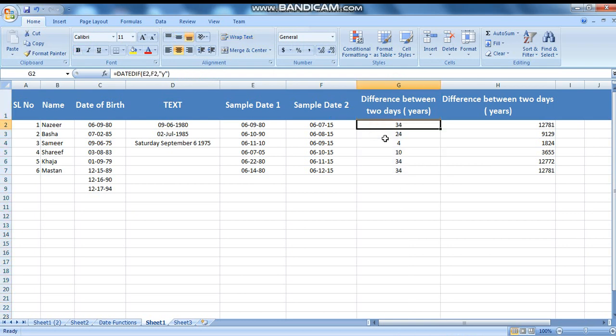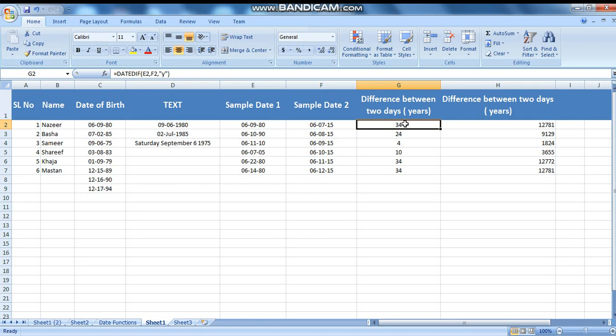See here what I have written is the function DATEDIF. DATEDIF is the Excel function which we use to calculate the difference between 2 dates. Here the value that is coming is the number of years difference between these 2 dates. Sample 1, sample 2 difference is 34 years. This is the way you can calculate for years.